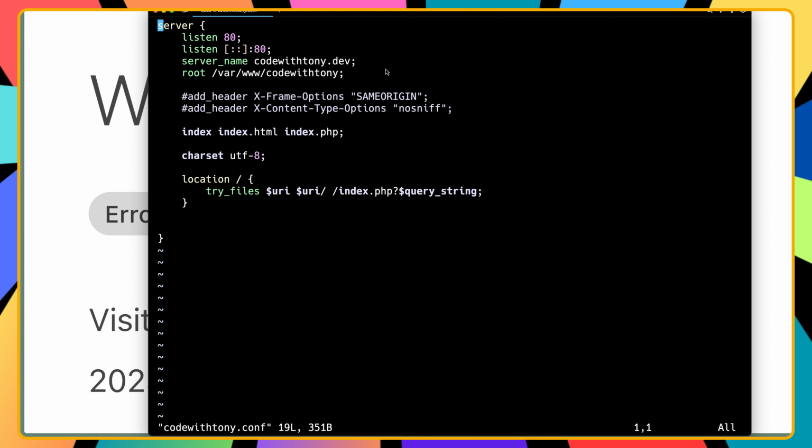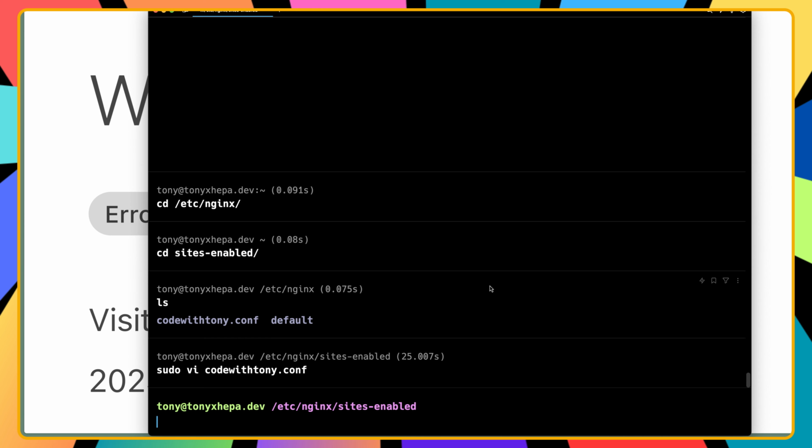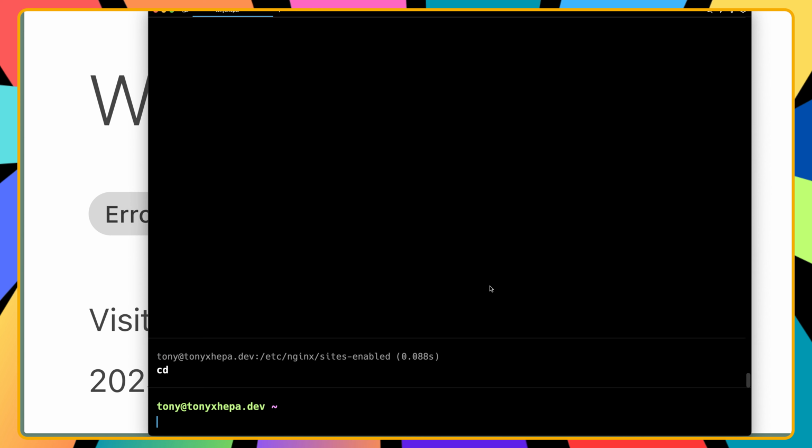So make sure you have the right domain name here, because it's going to fail if it's not. Okay, and I'm going to say just :q